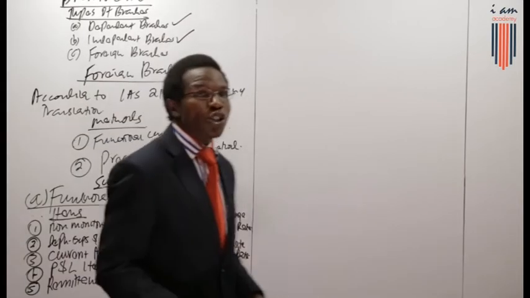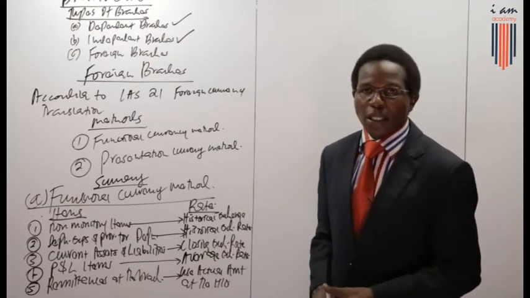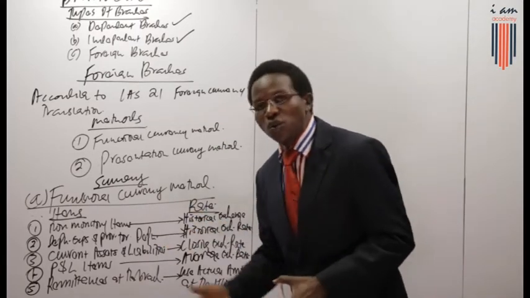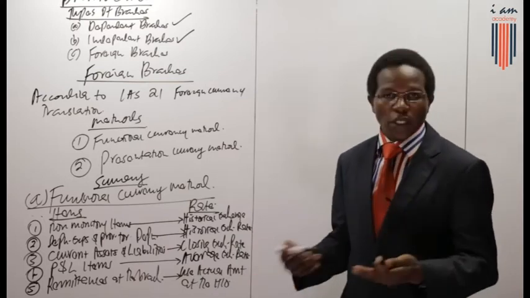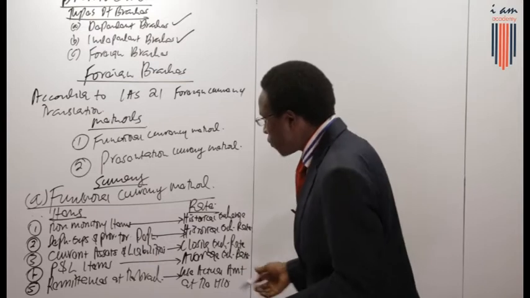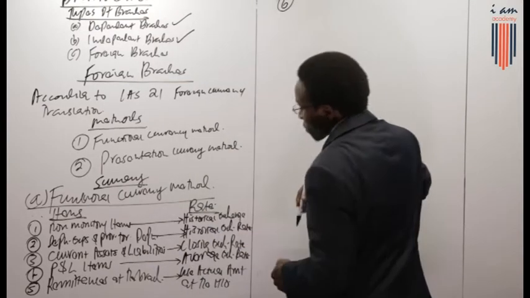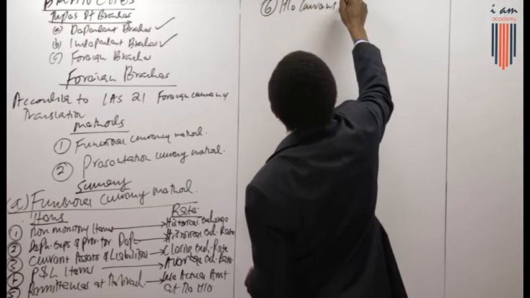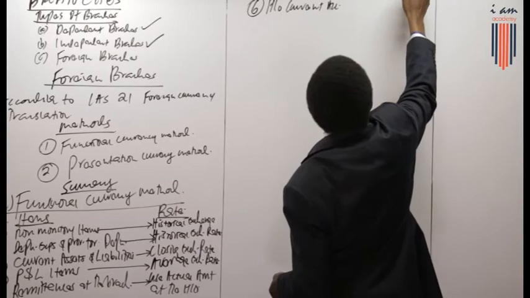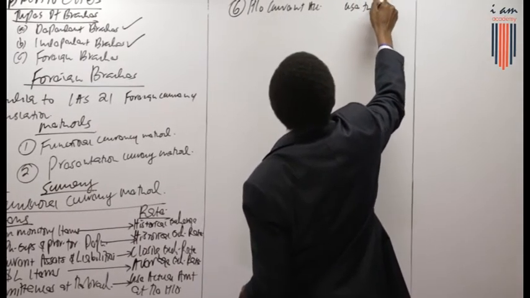You use the actual amount prevailing, meaning you ignore the remittances at the branch. Instead, you use the remittances reported at the head office, because they should be opposite and equal to each other. Then from there, the next item is head office current account. The head office current account will be translated using the actual amount